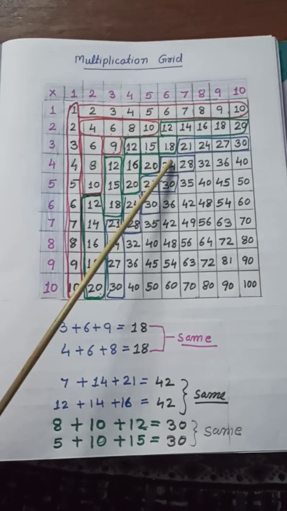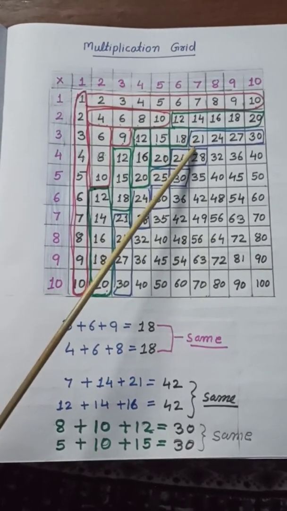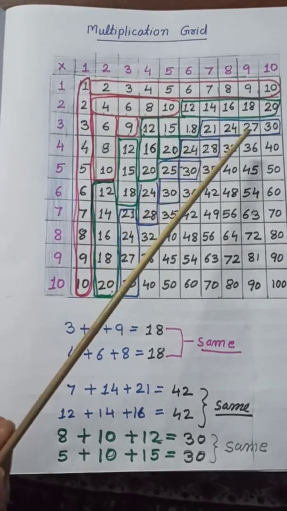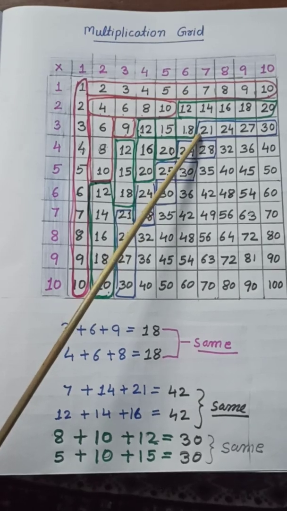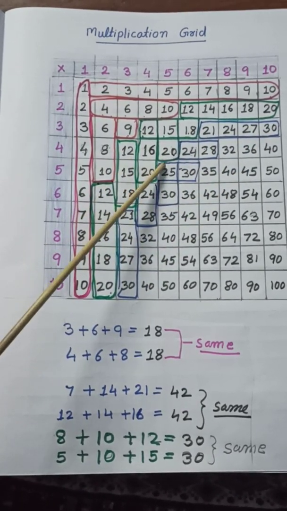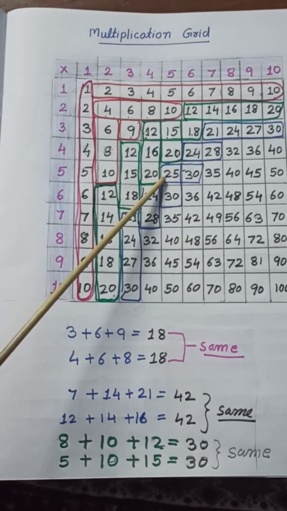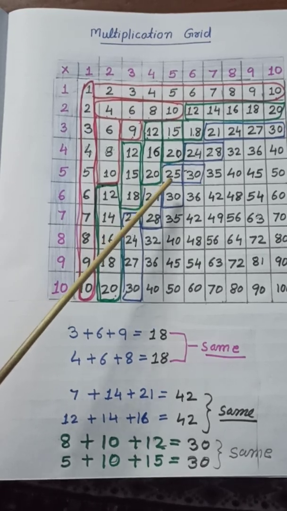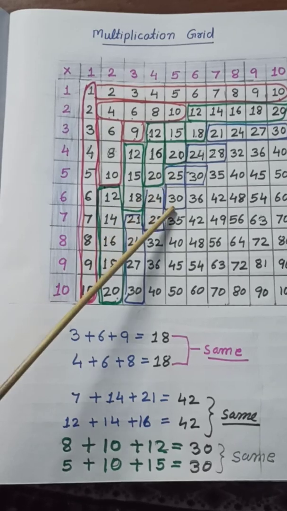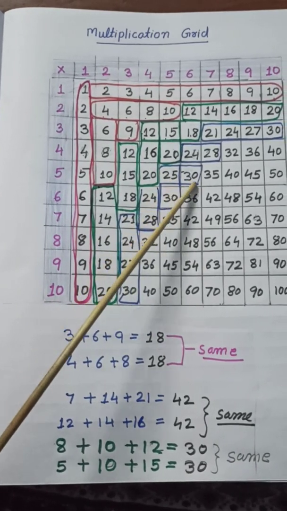So children, I have used blue to mark the numbers from 21 to 30. So here you can see 21 to 30. Then vertically also here is 25. So we will take 25. 25 is coming between 21 and 30. So 25 also we will take. So here 25, 30, and in this row we will take 25 and 30.